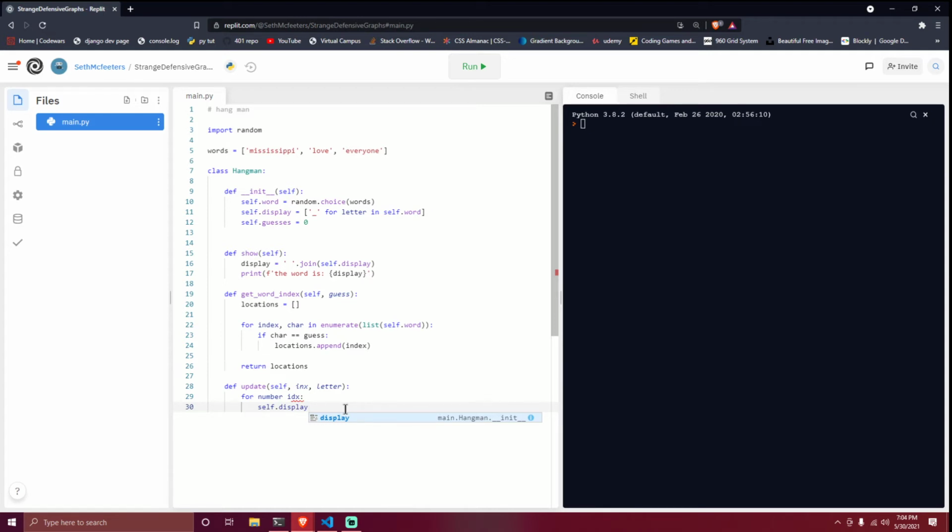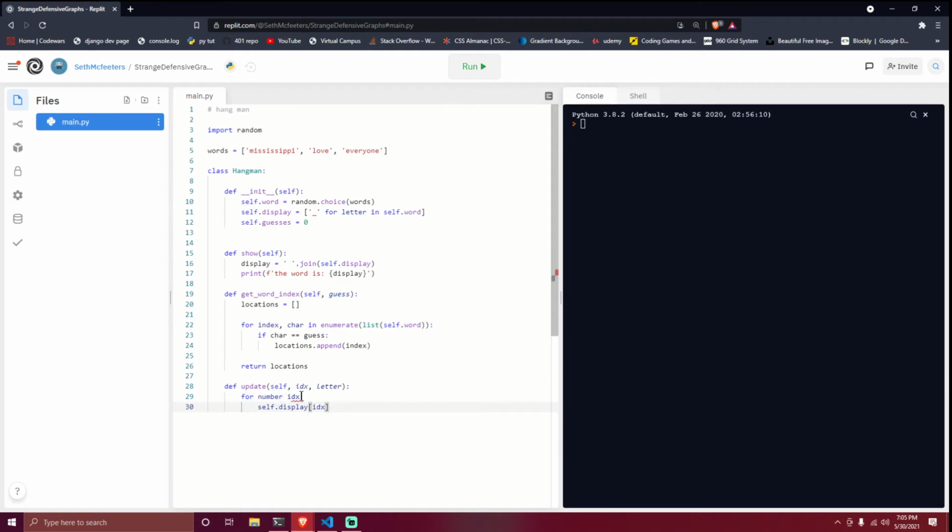Self.display, the index value in square brackets, right? So if it was 0 or 2 or our index number, which it changes from INX to IDX,